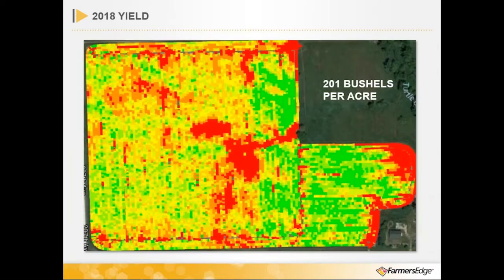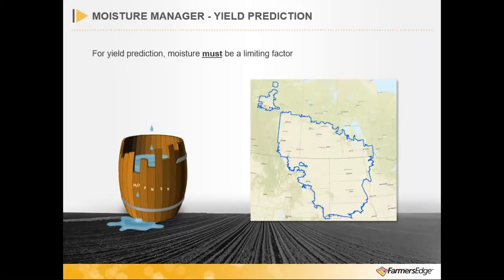When we look at the actual yield map, 201 bushels to the acre, that's within 5%. That's pretty good using imagery, getting within 5%, and being able to predict that 2 months ahead of time. That's pretty fair. But in certain areas of the country, or really North America, US and Canada, we've got a